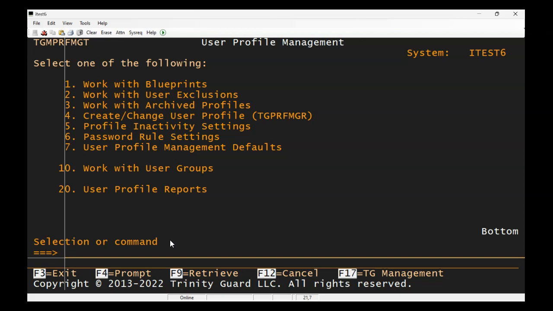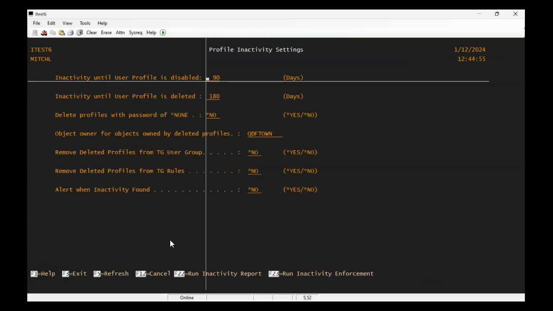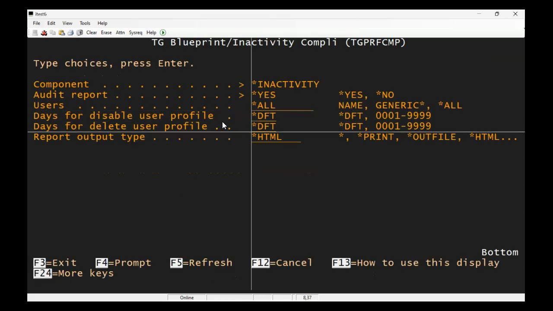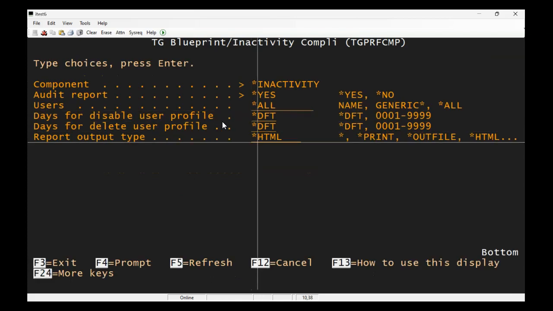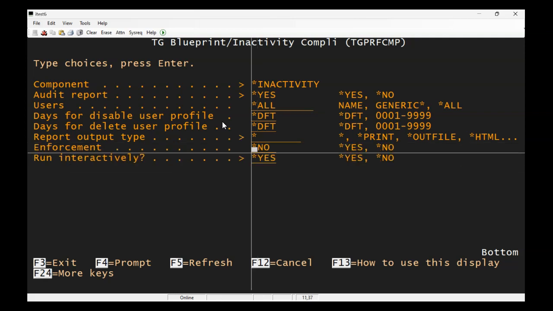Now in a previous video we took a look at the profile inactivity settings, and this was just a report based on the defaults we've set here, the criteria, of what the system would do if we were to run an inactivity enforcement. We just want to take a look at the report to see what the system would do and not actually execute it. So I'll take an F22 there. I'm just going to print this out to my screen, and we're going to make sure that this enforcement flag is set to no. Now this may take a second,